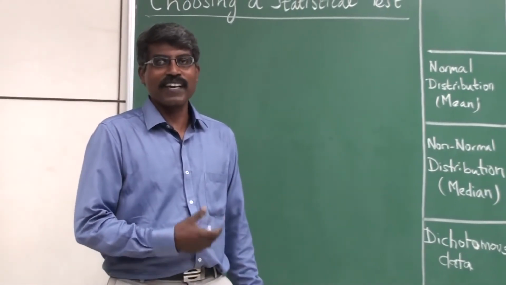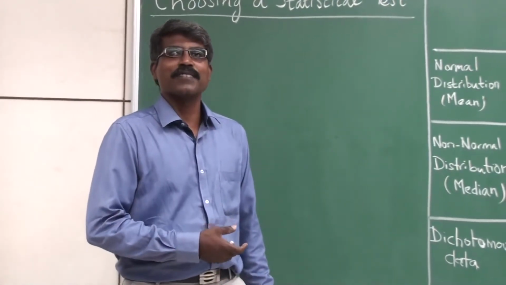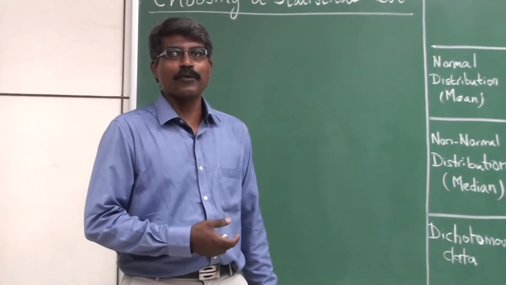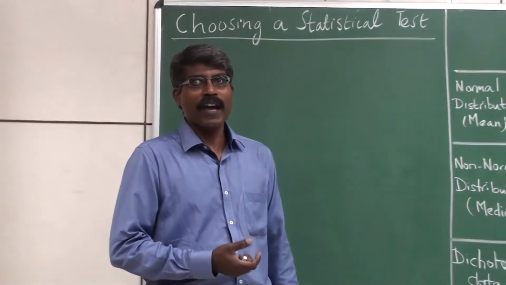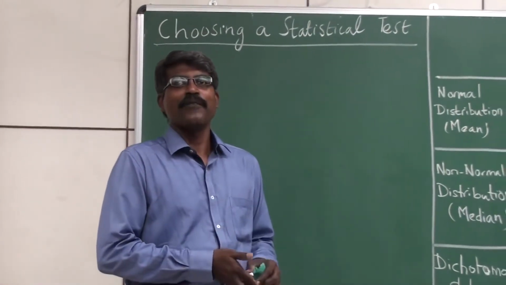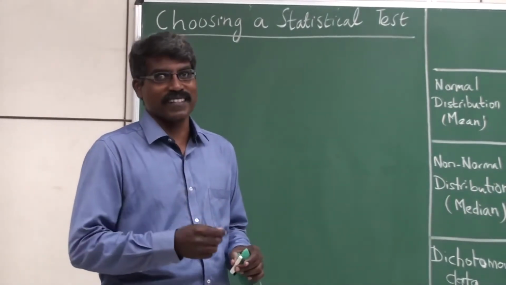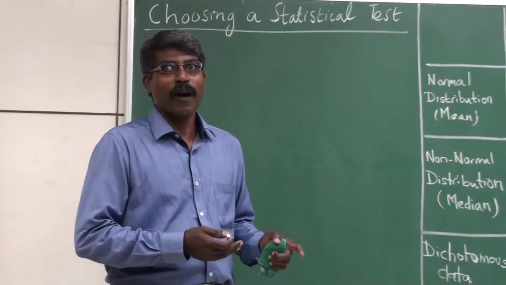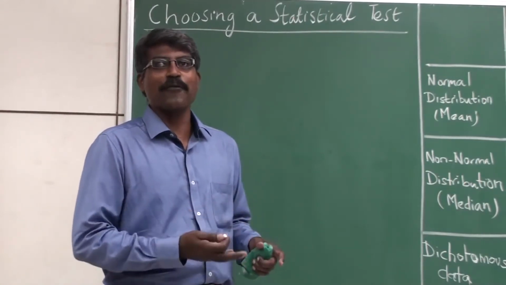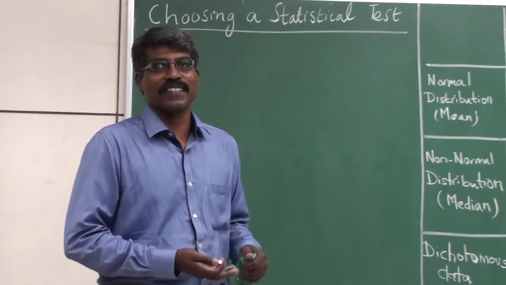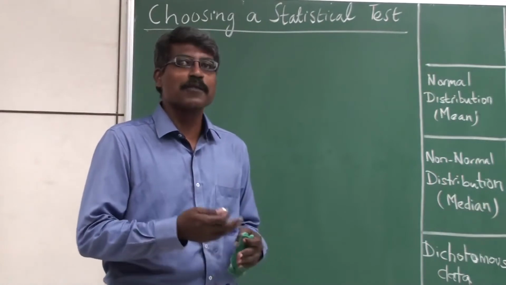Right. Now, if I say that I want to measure the temperature of the ball, then the device changes to thermometer. If I say we want to measure the volume of the ball, it becomes a volumetric flask. Now, you can see that as the variable which we want to measure changes, the device also changes. Same way, why do we have so many statistical tests? We have different types of variables and different types of analysis. So as the type of analysis changes, the type of statistical test also changes.